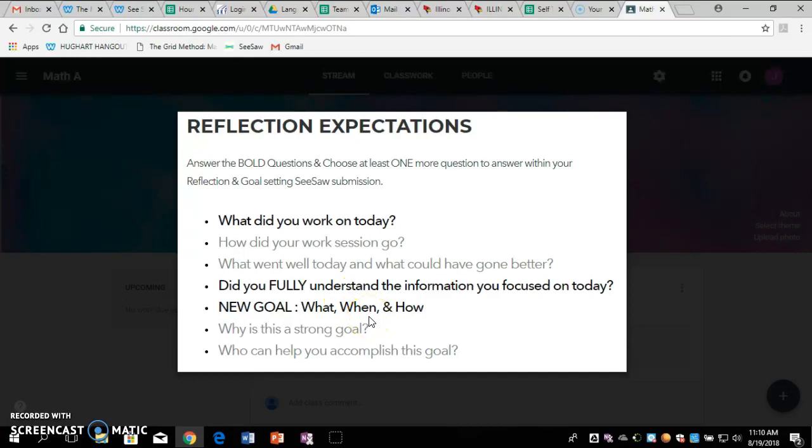So maybe there's a time when you're going to actually work on this at home for a little bit. Maybe you were so close to finishing a goal, and in order to be able to take the assessment the next day, you want to finish a little bit that night. So maybe your goal is to finish level 1D so that you can move on to the assessment that's in level 1E. So when you're going to do that? Well, maybe you're going to do it that night at home.